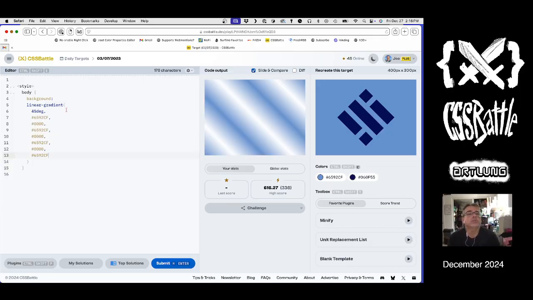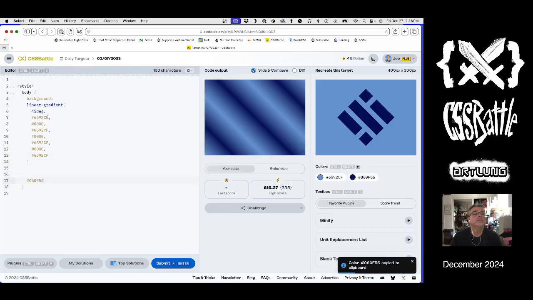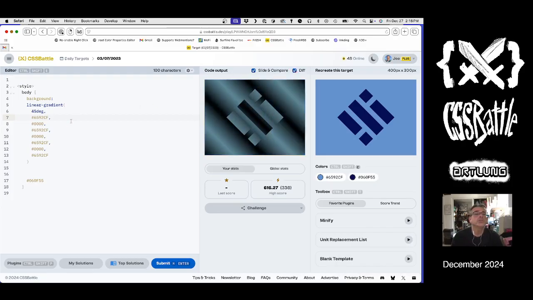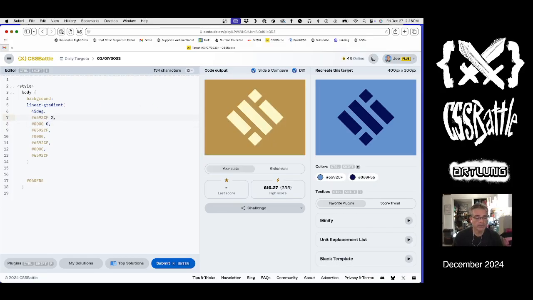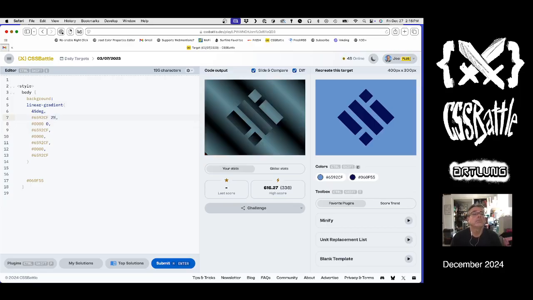So then it's about the numbers, right? And I will put this into the distant background, and we just plop a 0 here, and then what number do we need? 25%, 25%,